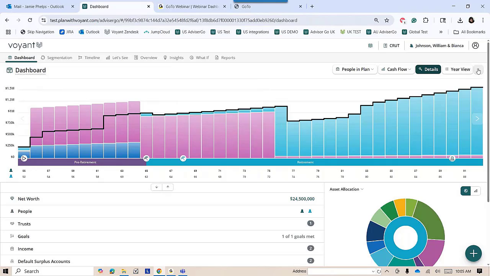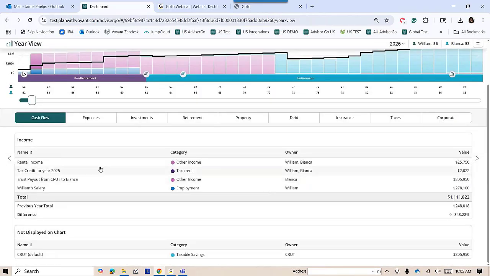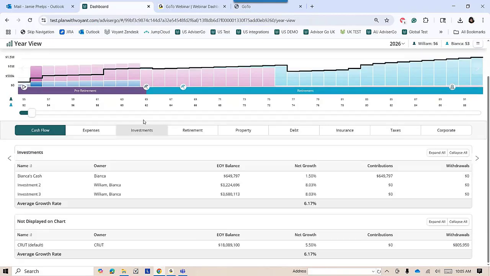To be able to see this a little bit more clearly, I'm going to go to Year View, and I'm going to go to year 2. You can see that trust payout coming into their personal cash flow. So the trust payout from CRUT to Bianca goes into their cash flow. If I go to investments, you can see down here below, we have a withdrawal matching that same amount from the investment account